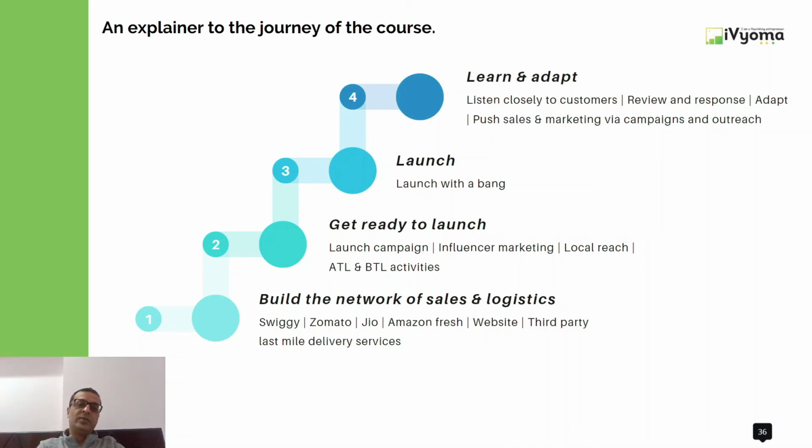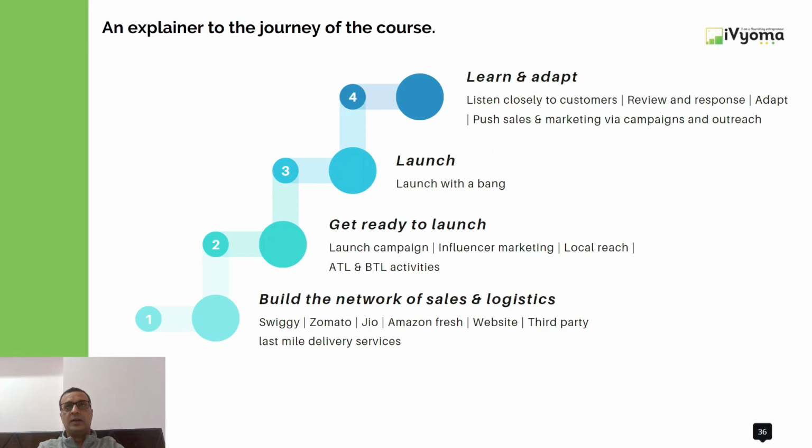Then next you need to get ready to launch, which means that you need to start thinking about what your launch campaign is going to be, whether you're going to use influencers for marketing, local reach via community pages on Facebook, etc., and ATL and BTL activities. ATL and BTL is nothing but above the line and below the line marketing strategy. Then you launch with a bang, and then the last and the most important step is that you learn and